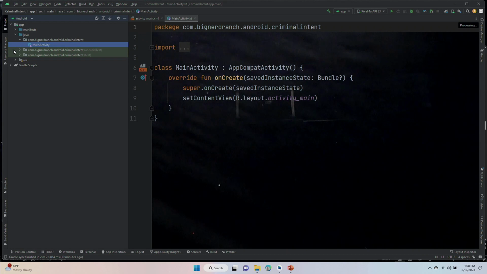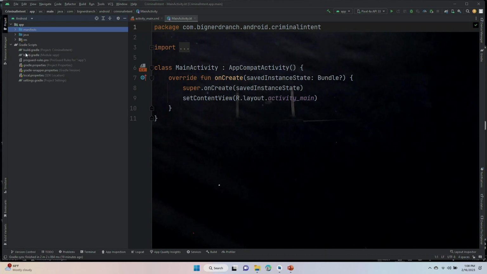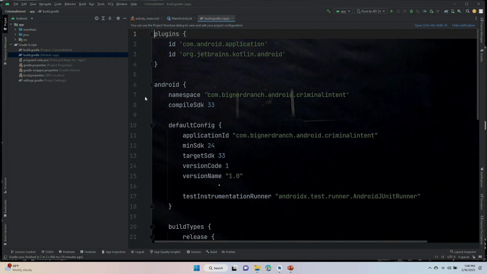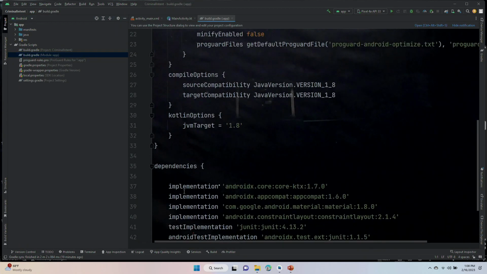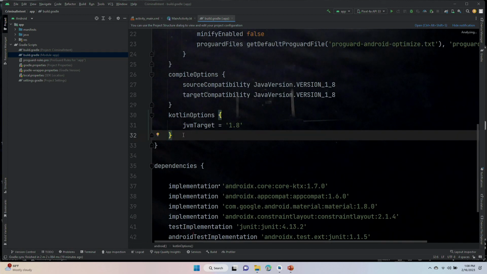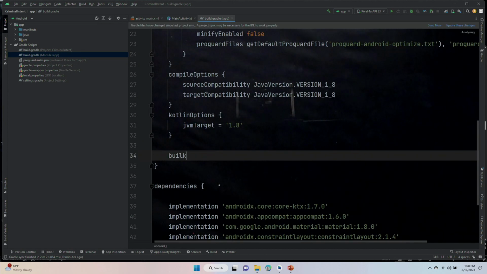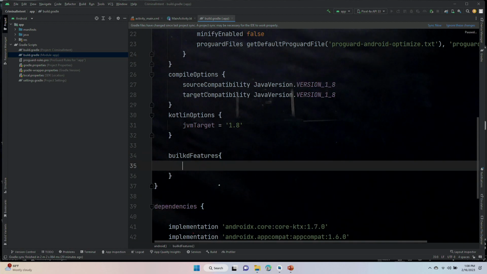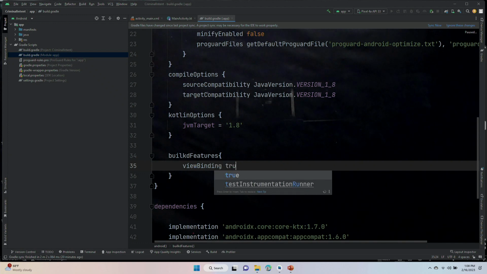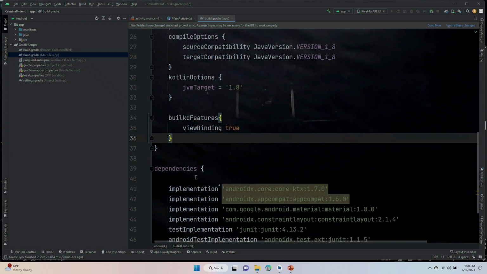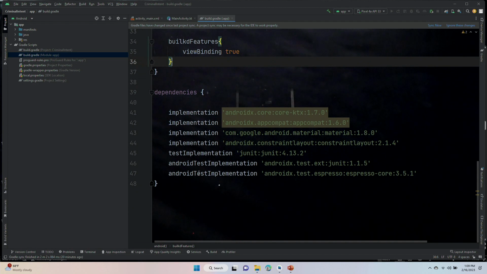Okay, so we are going to go into the Gradle. Under the one that says module, and right here at the end under Kotlin options, we're going to put build features, view binding true, and then